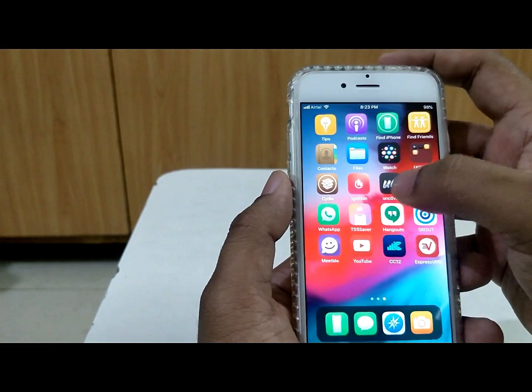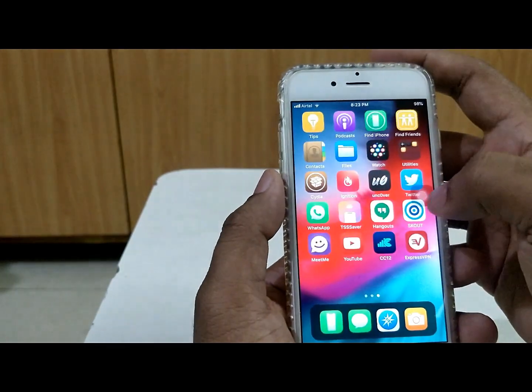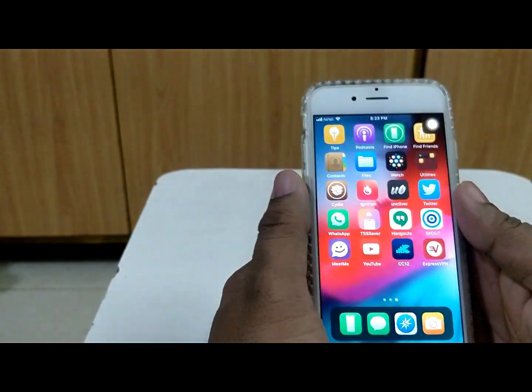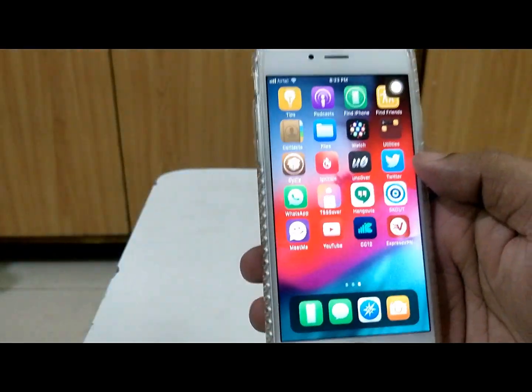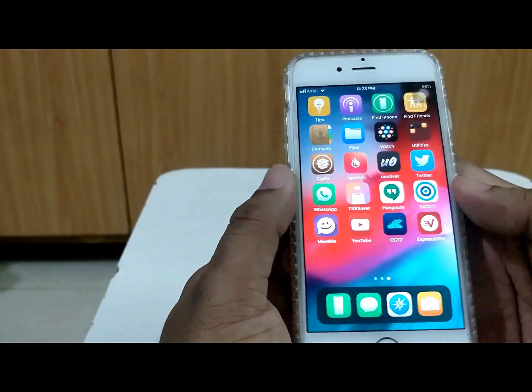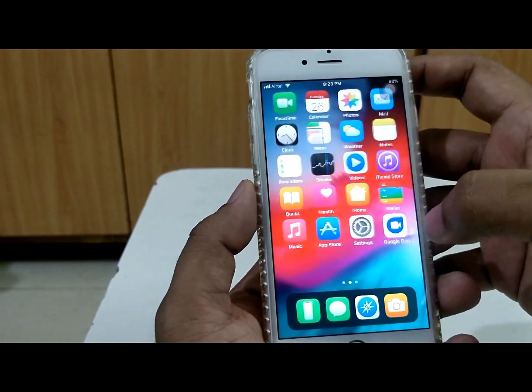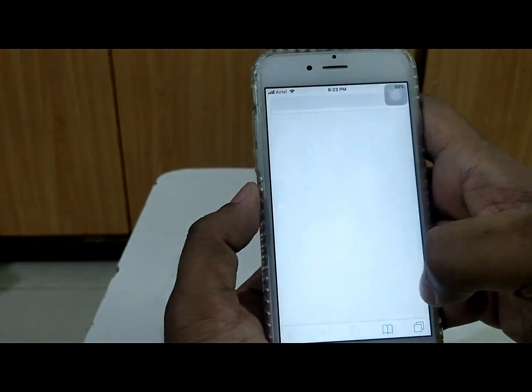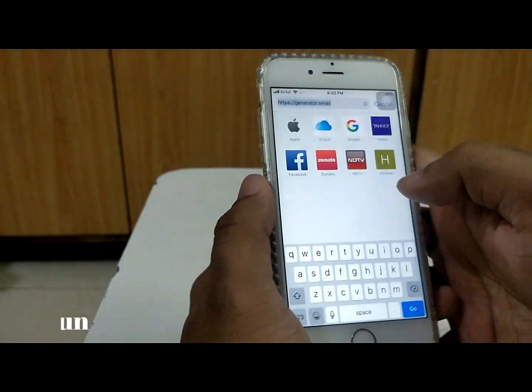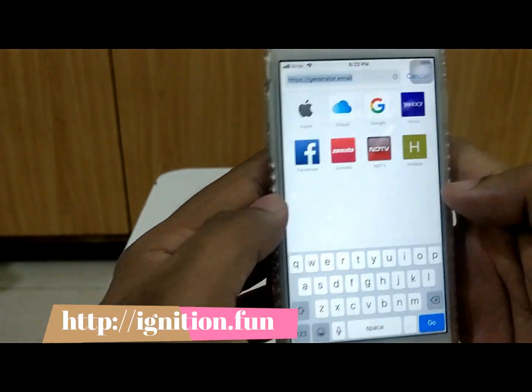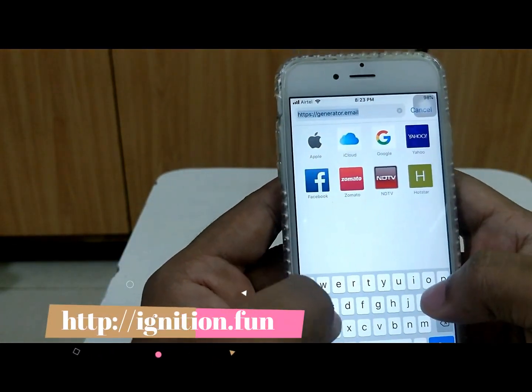So guys, first, I will straight away show you the process of how you need to do it. This is my iPhone 6s, it's a 64 GB variant. First you need to go to Safari. In Safari, you need to type this link,